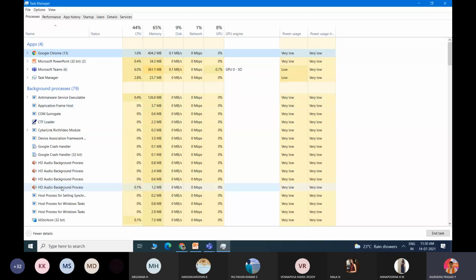So these are all your backend processes: host process for setting synchronization, host process for Windows tasks, Cyberlink rich video, which is also one of the apps I use. At the back end so many things are running, right? These are all the processes running live now in my system.